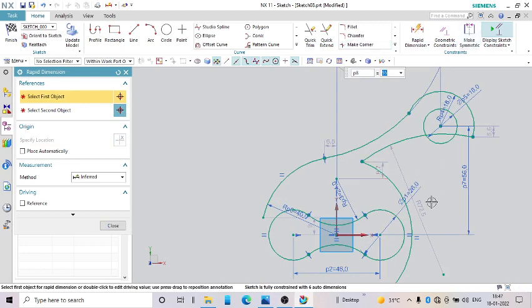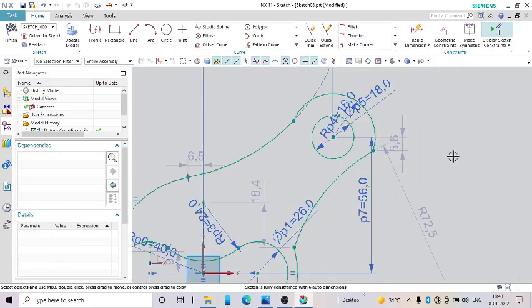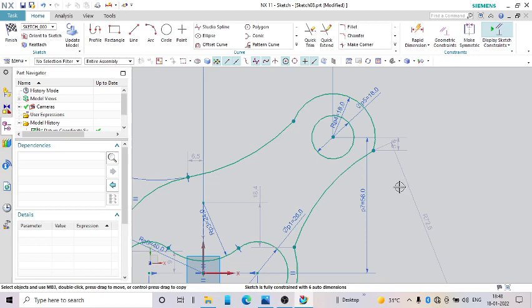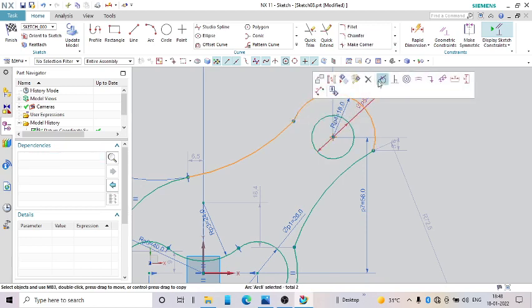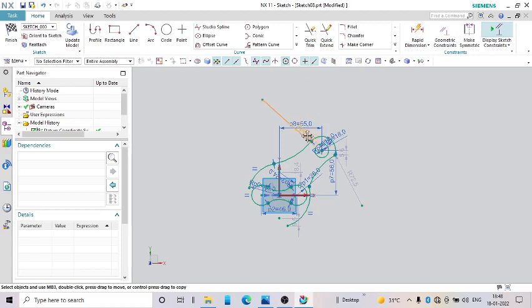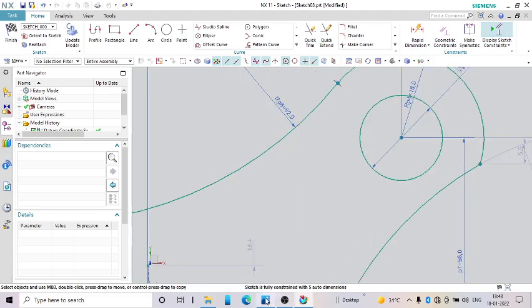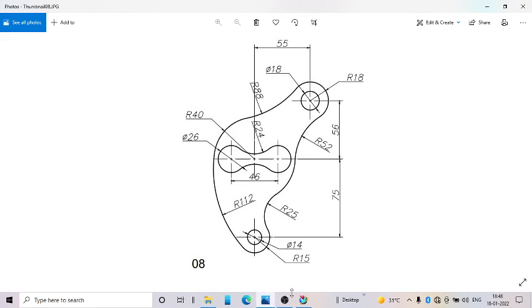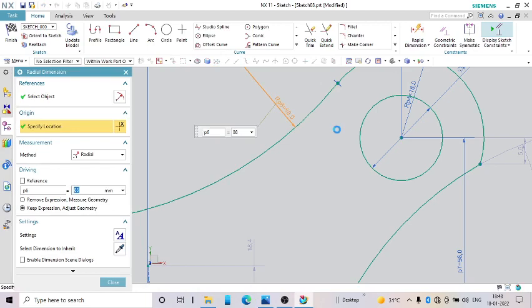We can make a tangent. So let us complete this tangency first. Tangent. R88 it is. So this is 88.